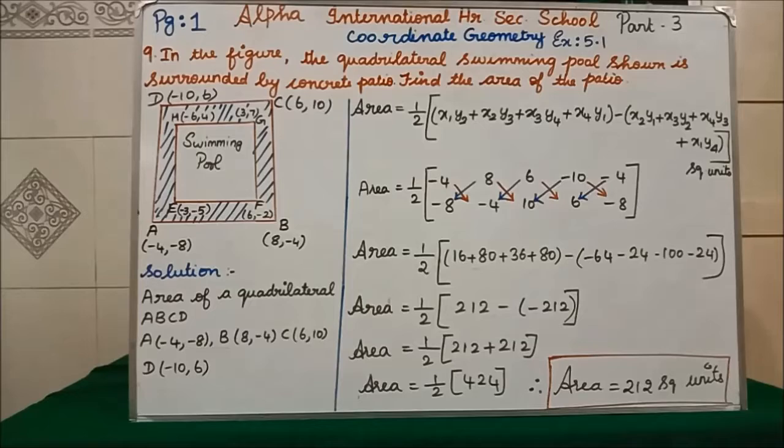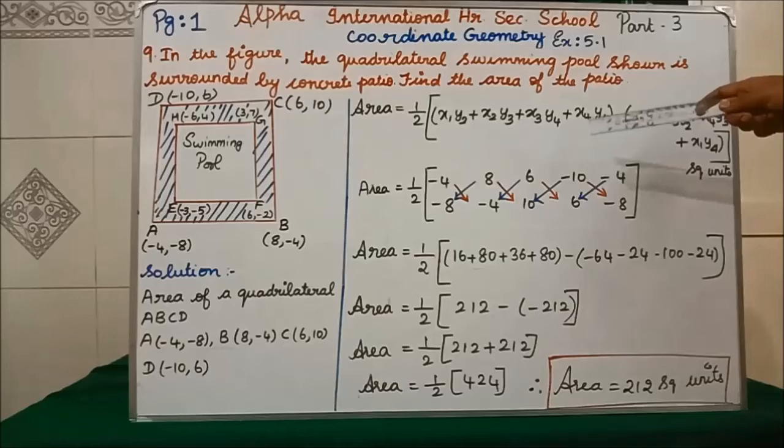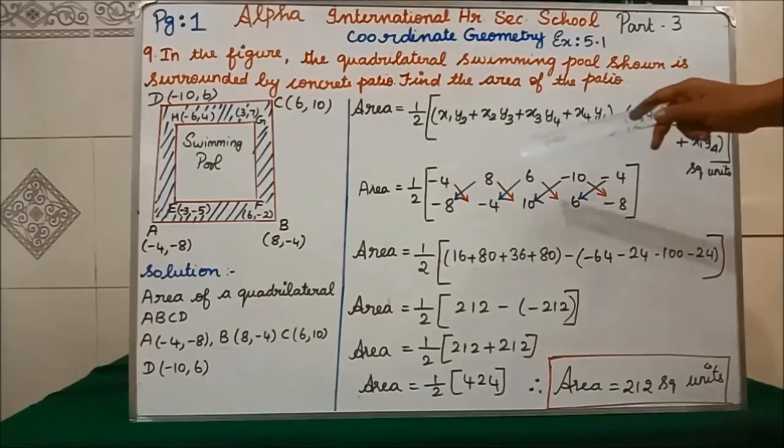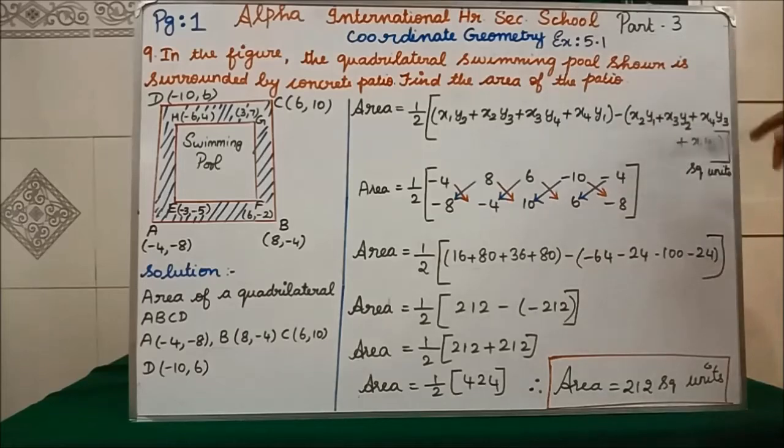Now, see, I have written the area of the quadrilateral formula here, and we know the vertices A, B, C, D, isn't it? A is equal to, how will you write now? Minus 4, minus 8, 8, minus 4, 6, 10, minus 10, 6, minus 4, minus 8, which means the first value again one more time you are going to write. Listen students, area of the triangle and area of the quadrilateral are very easy problems. Only you have to remember the plus and minus, and give more concentration.